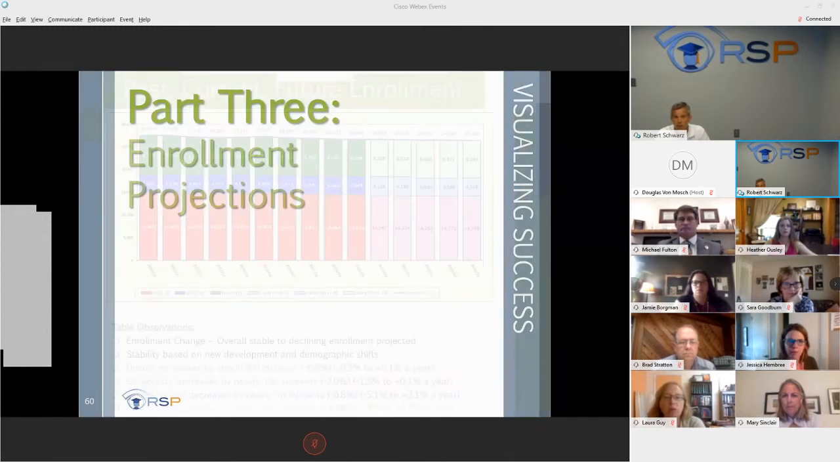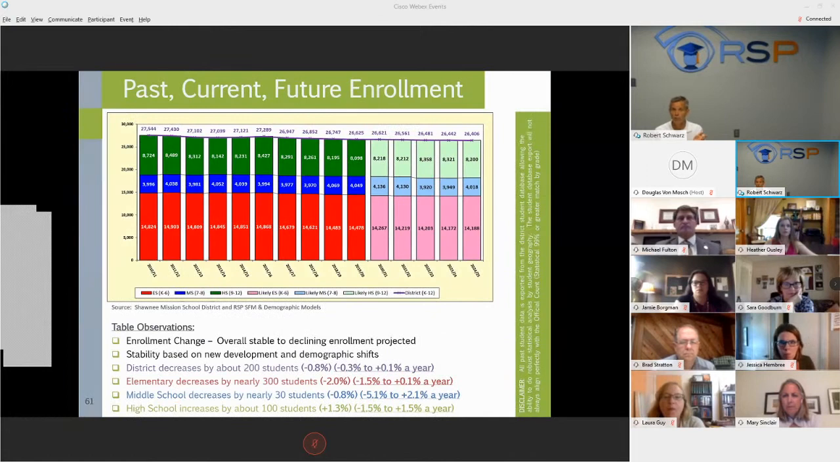Transition into enrollment projections. So I started out with what your forecast is. And this visual on page 61 gives you the breakdown of enrollments for elementary, which is K6 in the red, or current and past, so the primary red. The current and past middle school is the primary blue, so the junior high is this number here. Then the high school is the